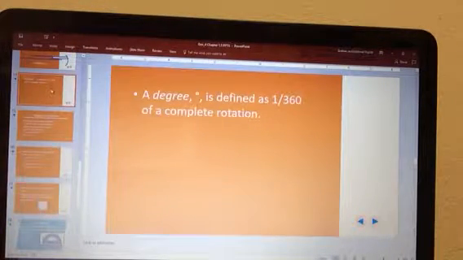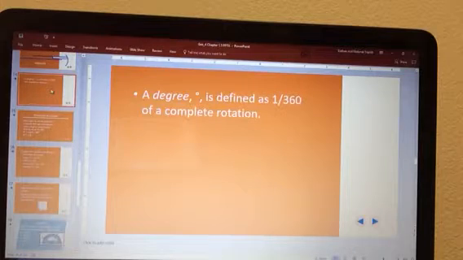Now, a degree is defined as 1/360th of a complete rotation. That's important to know because we're going to measure angles using protractors. Protractors contain 360 degrees. If you have a complete